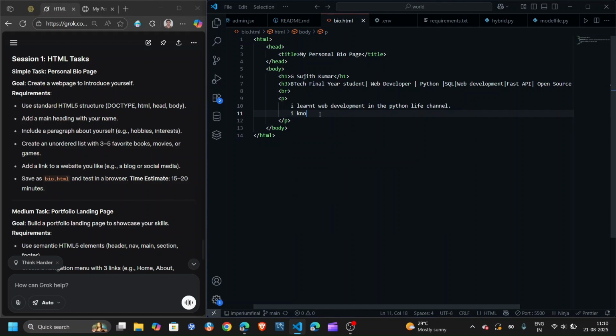Learn web development in a Python-like channel, and I know C, Python, Java basics. We need to add a comma, otherwise it would be very ugly. Python, Java and ADSA, Advanced Data Structures Algorithm. Yes, data structure algorithm, SQL, MySQL it was, MySQL. And then